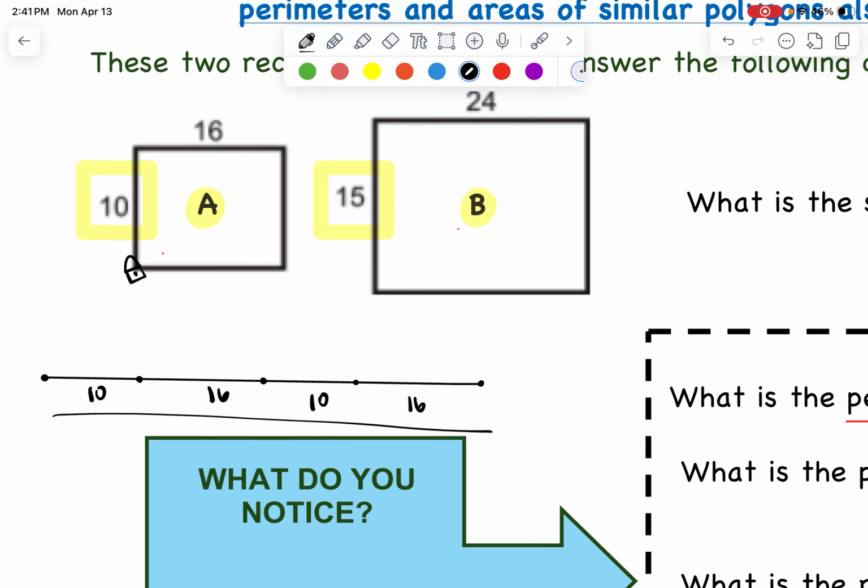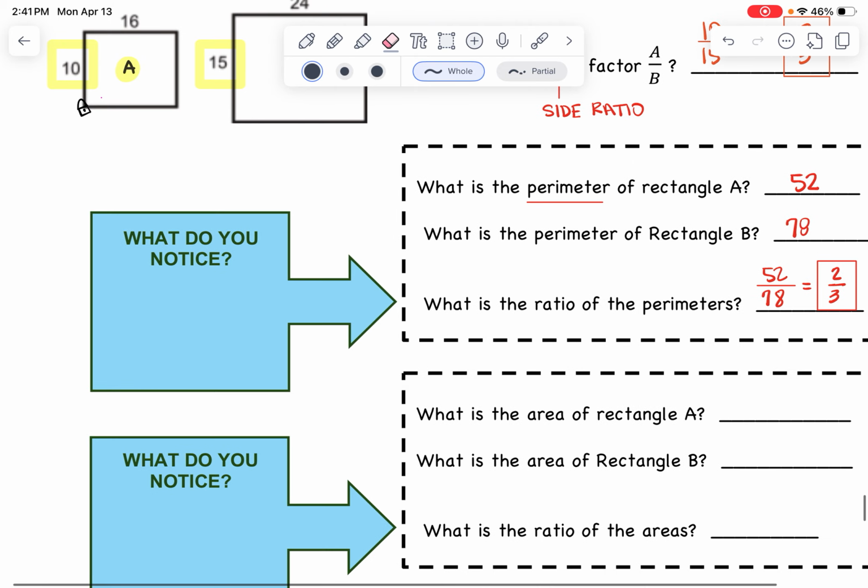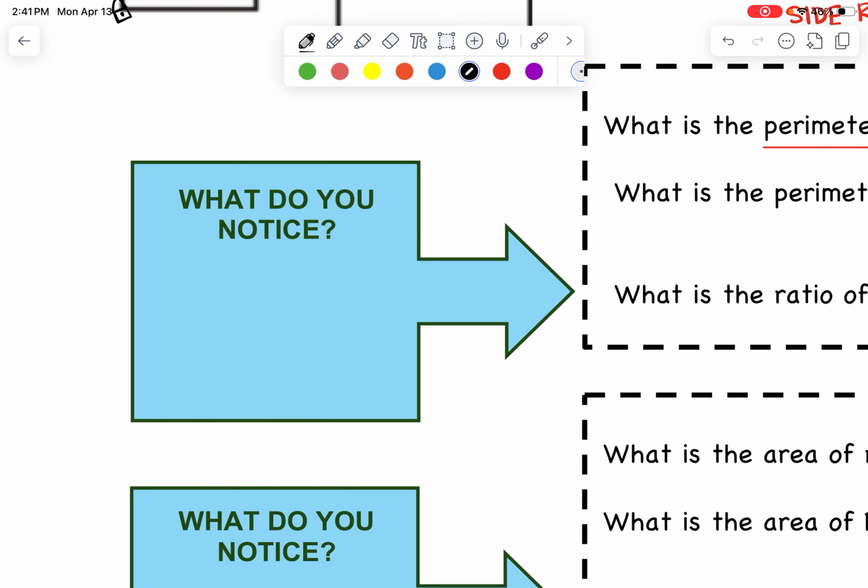We're just adding them all up. So we're still in 1D. We're still in one-dimensional land, right, when we calculate perimeter. So in the little "what do you notice" box, I'm going to write that the perimeter ratio